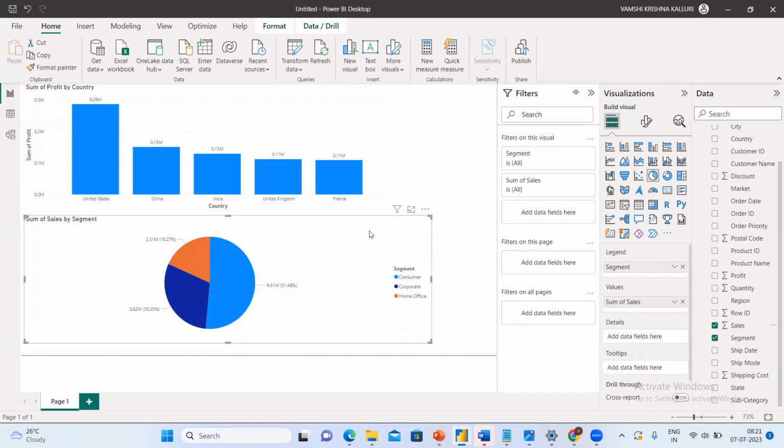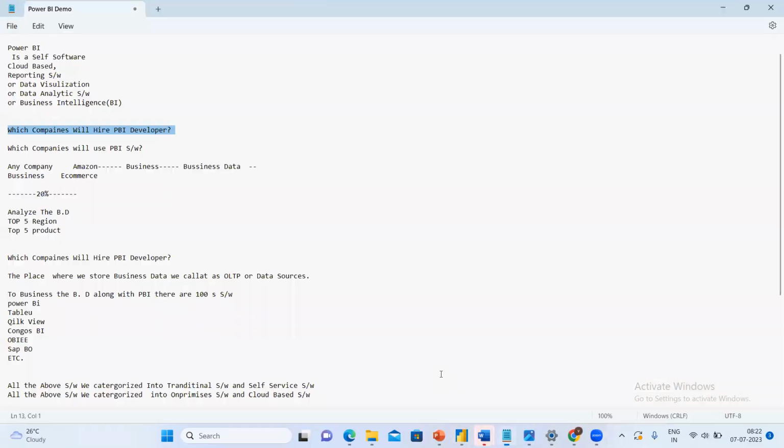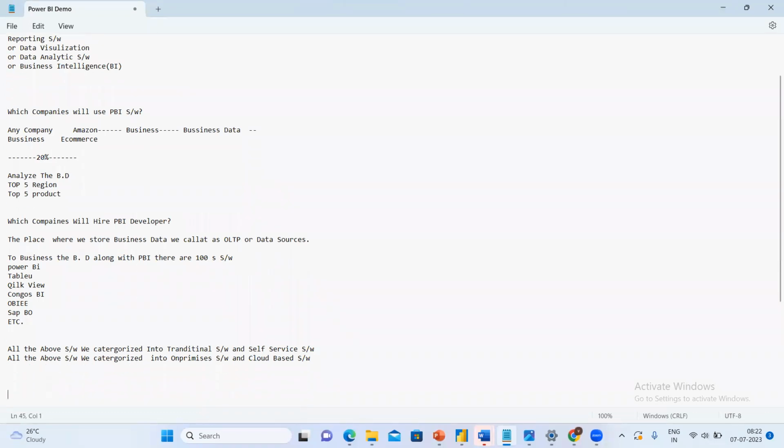Now, to know which segment-wise sales or country-wise sales, I've not written any logic. Just with drag and drop, point and click, I completed my task. This is self-service, guys. As I said, with the help of drag and drop, point and click, we are completing it. These are called self-service. But in the olden days, we needed to write the logic. If you want to show the top 5 products or bottom 5 products or anything, you need to write business logic, which means writing some coding language. Without writing code, you cannot complete it.